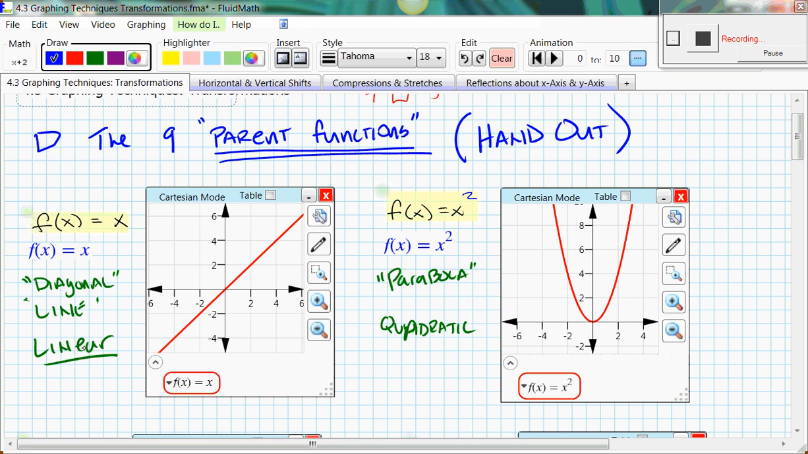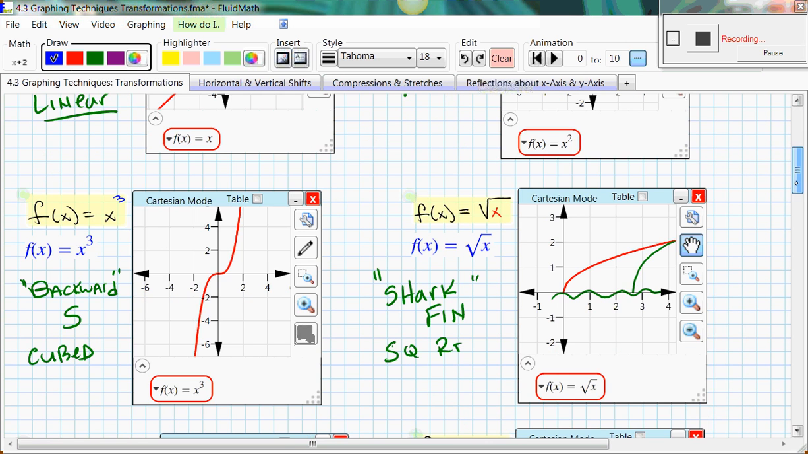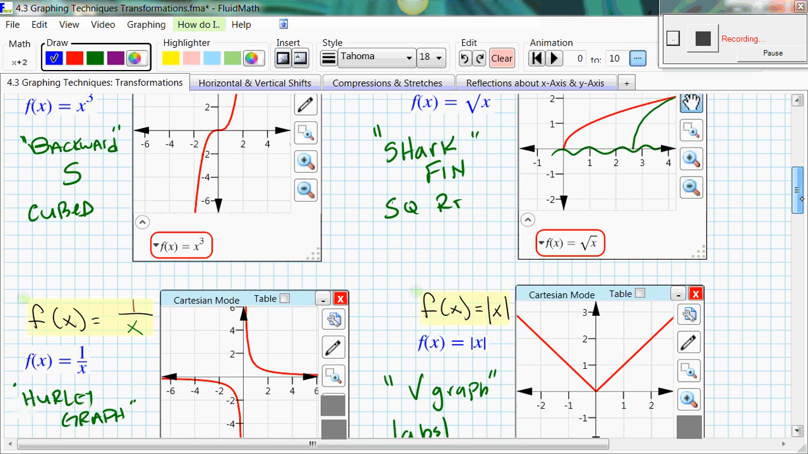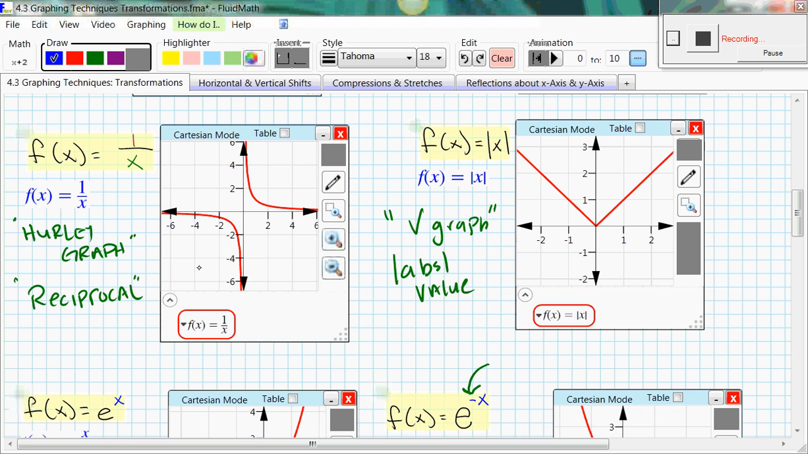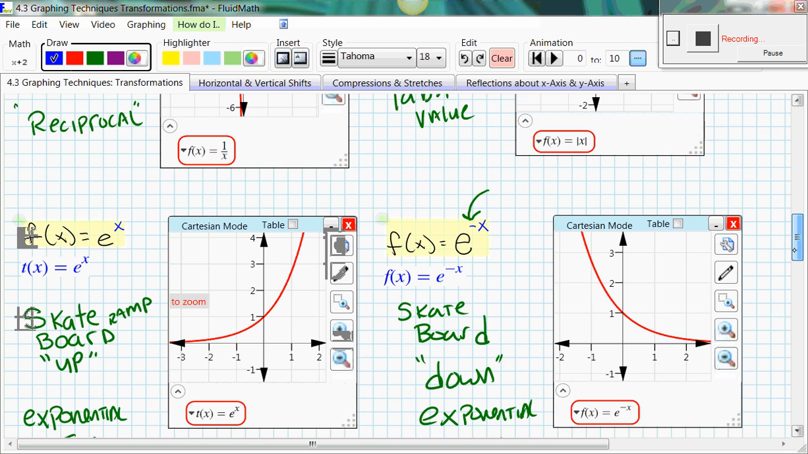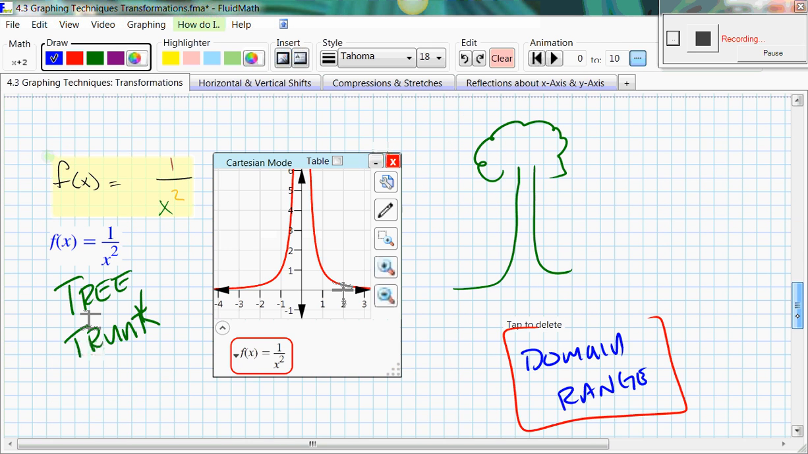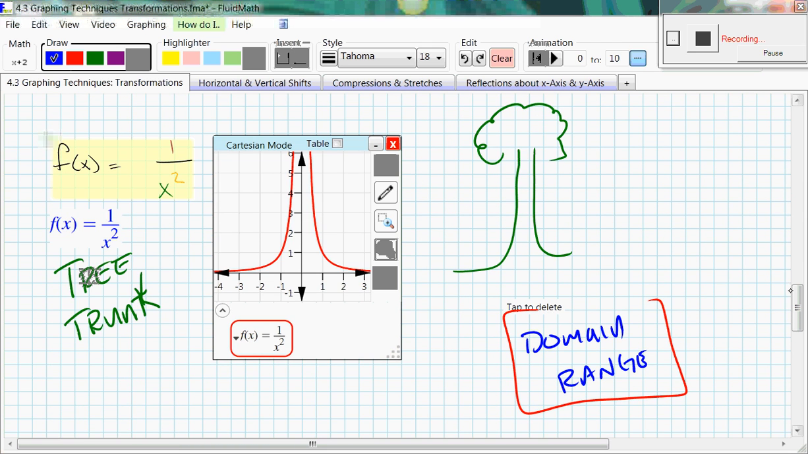F of x equals x, the linear function. X squared, the quadratic function. X cubed, the cubed function. The square root of x, the square root function. The Hurley graph, which we're calling the reciprocal function. The absolute value function, which looks like a V. The 2 skateboard ramps, skateboard going up for exponential growth, skateboard going down for exponential decay, and the tree trunk. Those are the 9 family functions that we need to